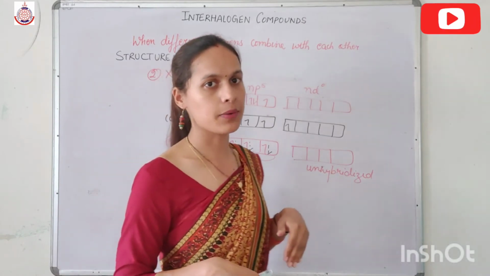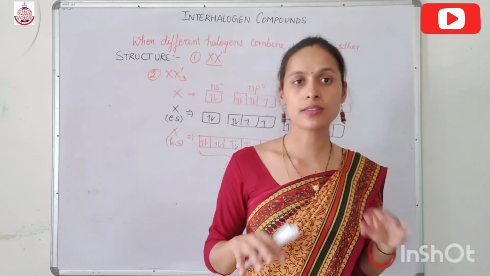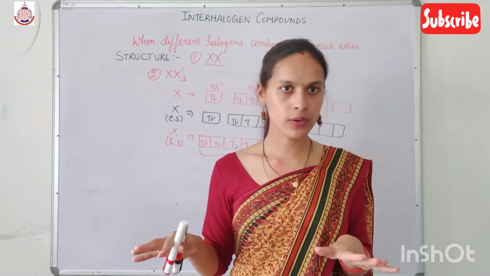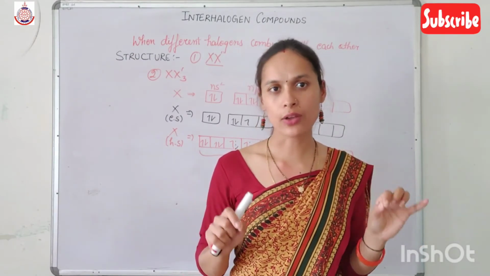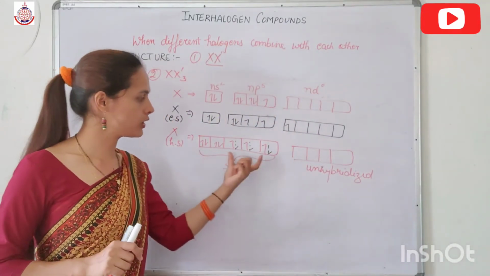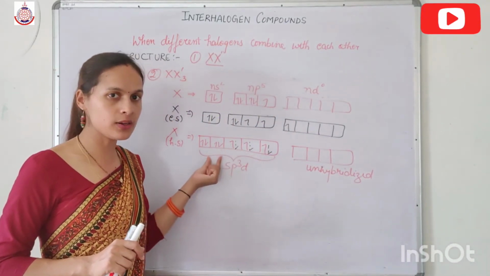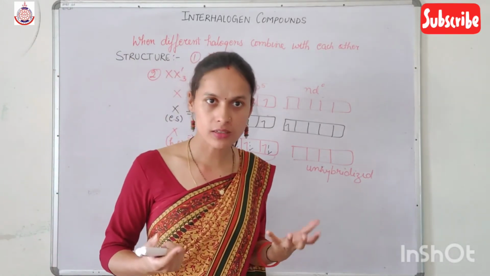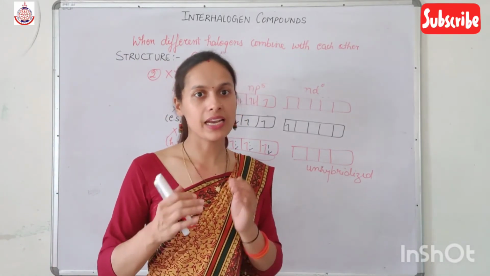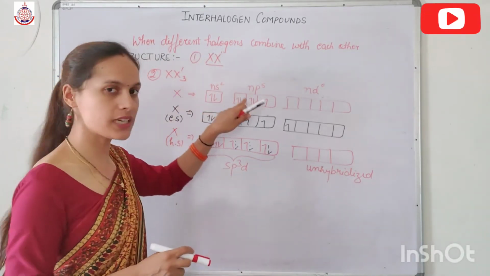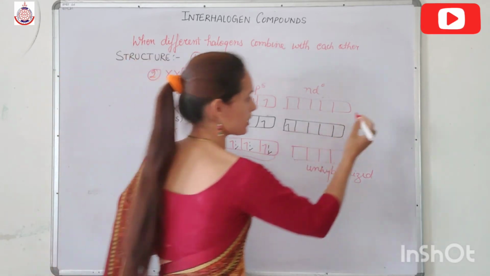In sp3d hybridization, if the central atom is surrounded by all bond pairs, then the geometry is regular and it is trigonal bipyramidal. But in this, the central atom is surrounded by 3 bond pairs and 2 lone pairs. That's why the geometry becomes distorted, and it becomes T-shape. So when we have XX3 then the structure is